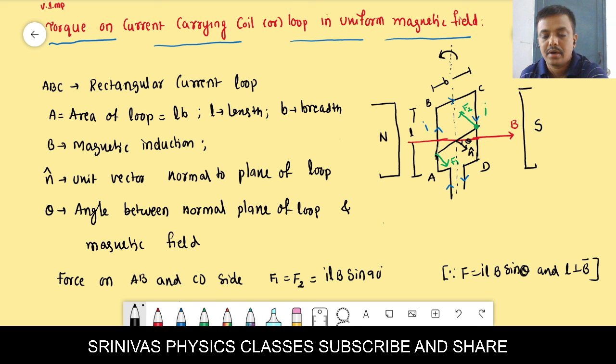Within 2 days we will complete the 4 big chapters. The next 3 chapters are small chapters. In November you are going to write the board exam. There are 2 board exams, so prepare properly. November is term 1, and in March or April the final exam will be there. 50% syllabus each. First you learn 7 chapters and write the exam on that. Then again the remaining 7 chapters you will learn, and again write the exam, not combined. There are 2 exams, part 1 and part 2.